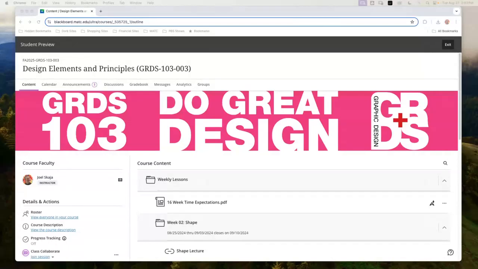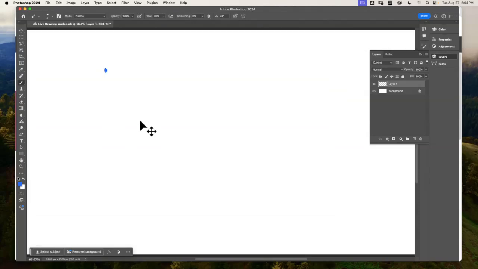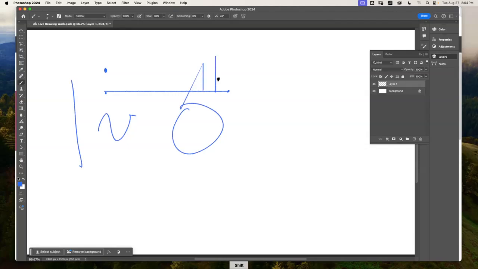Let's start with this. As we learned in the beginning, there was a single point on a plane. That was it. I'll zoom in. Then that point joined another point and became a line. All last week we talked about lines, all sorts of lines, right? Now we're going to take that line